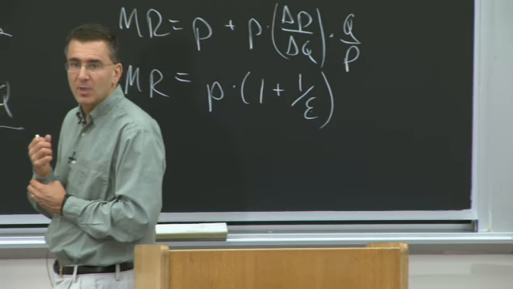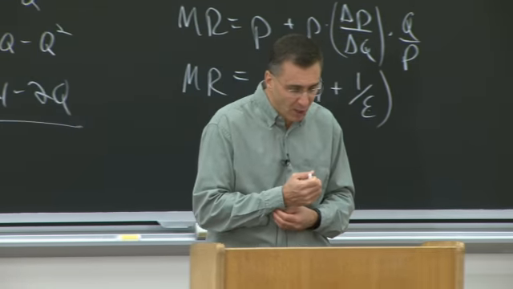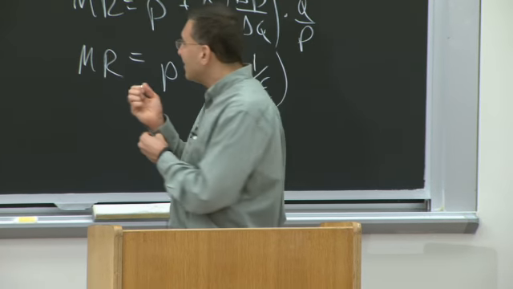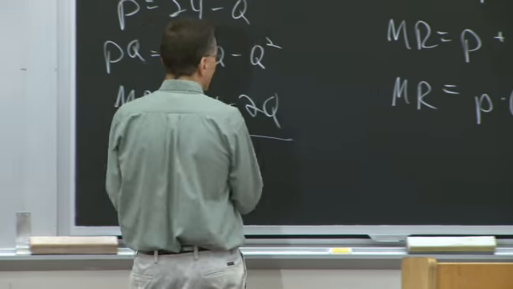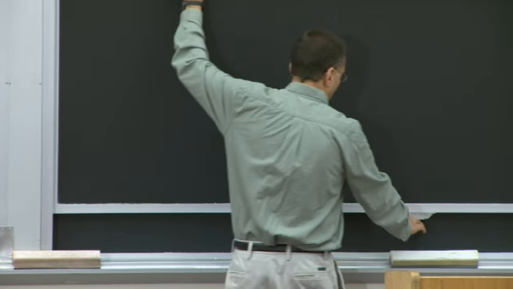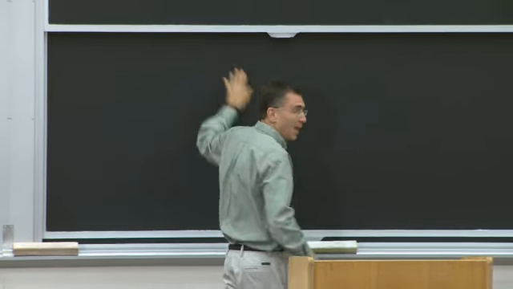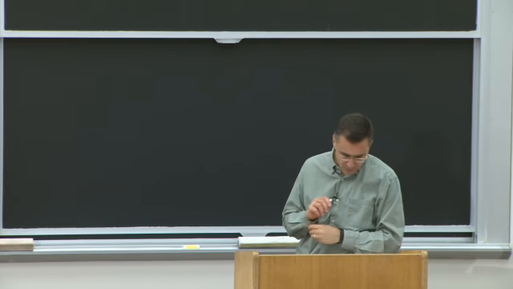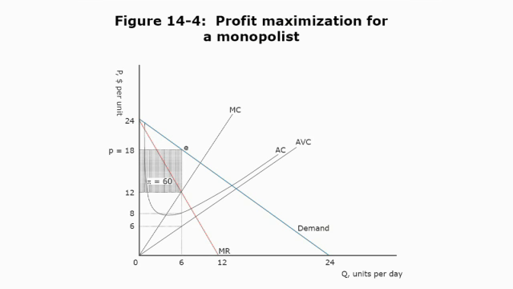So that's actually a good point to segue. With this in place, let's talk about how monopolists maximize profits. Let's talk about monopoly profit maximization. Let's go to figure 14.4. Profit maximization for monopolists. Now, this is a lot more confusing than in perfectly competitive firms, so let's follow along here.